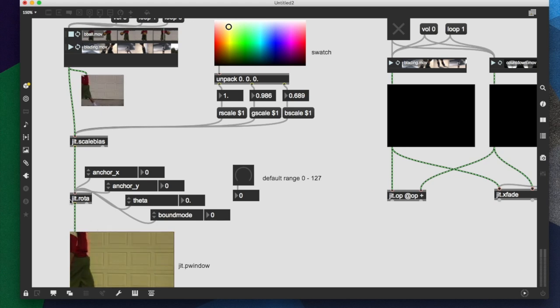So I've got a video source over at the top for my playlist. I'm sending it to my scale bias object. And my scale bias object has these attributes, these arguments, being changed by this swatch object, which you'll remember the swatch object is sending out 3 values. 0 to 1 is the range from, so red, green, and blue values. And then I'm sending them into these messages with replaceable arguments, the $1 here,